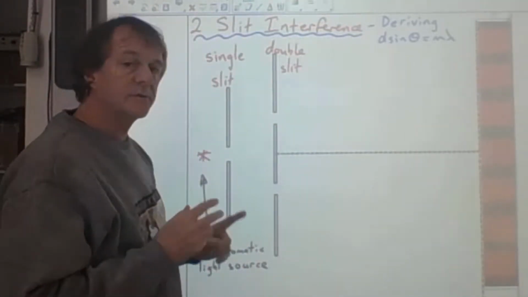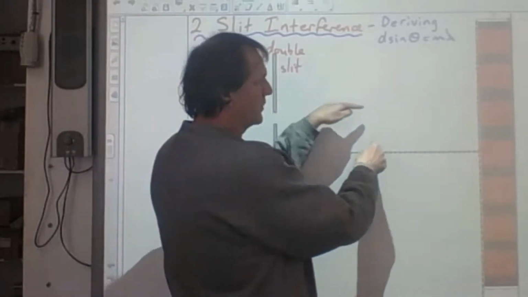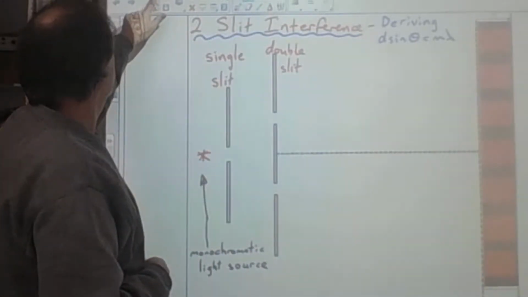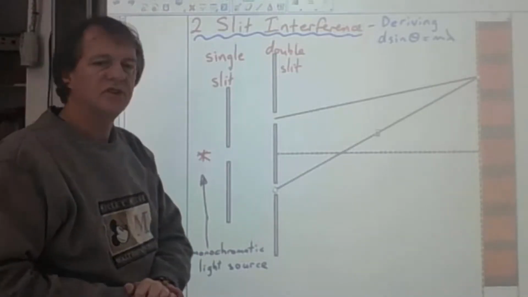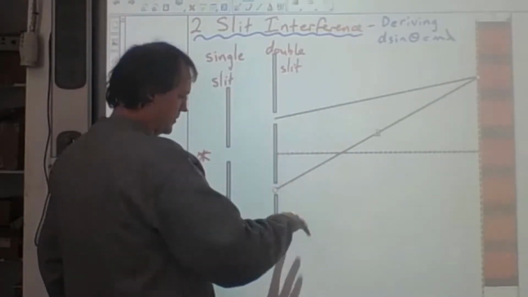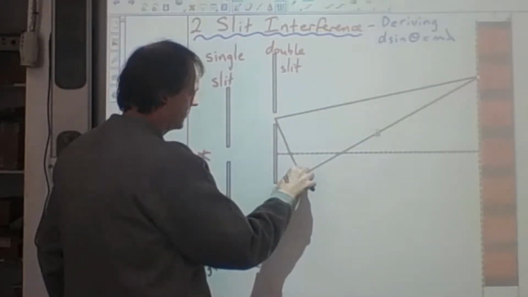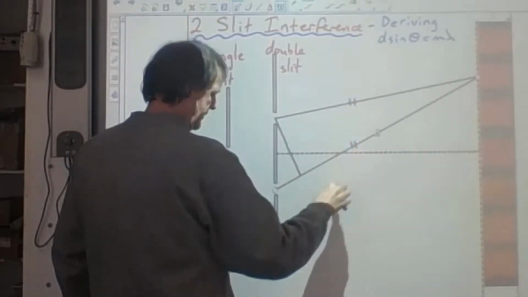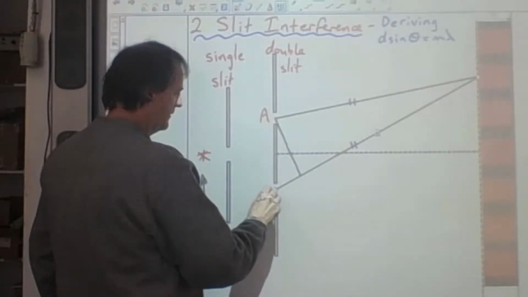So the first thing to do is some constructions from these two slits, because the waves are going to travel different distances to get to point P. Okay, so if we do that first, there's your constructed lines. And what we're going to show is that the path difference between these two is related. We draw this so that this distance here is the same as that distance. We can put some labels in as A and B, and